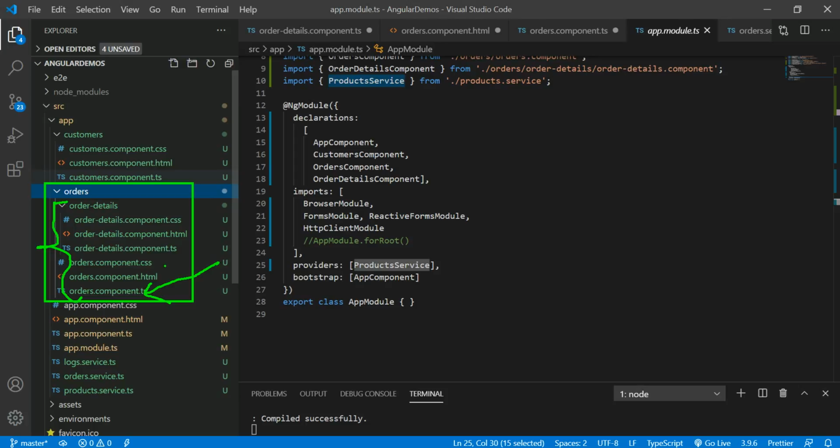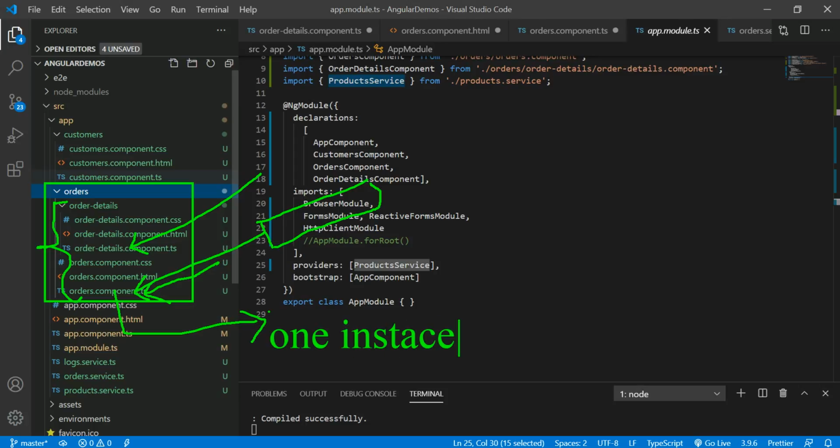Right now from the orders component.ts file, I am updating the orders data, but it is not affecting the other component, because here I am writing one instance and here I am writing one more instance.